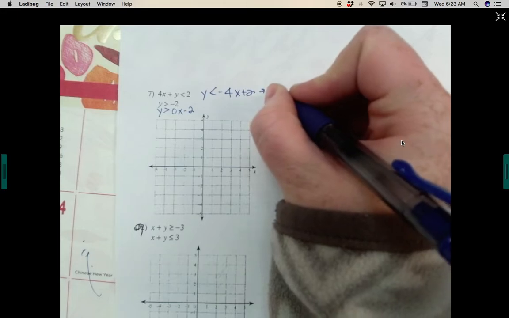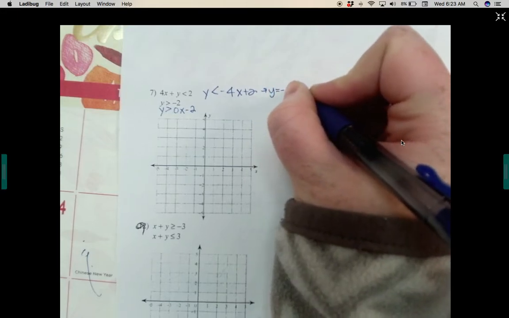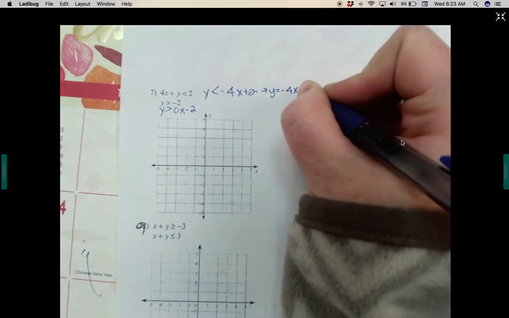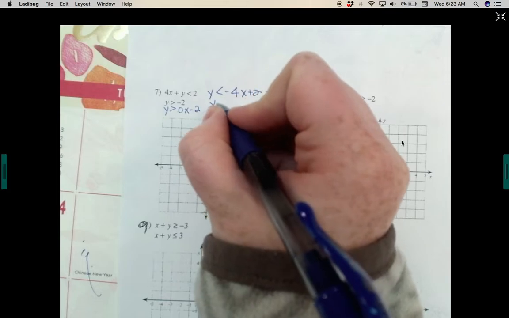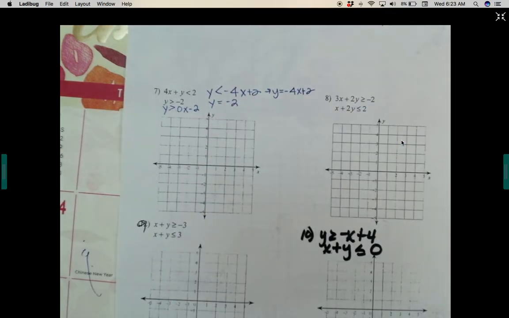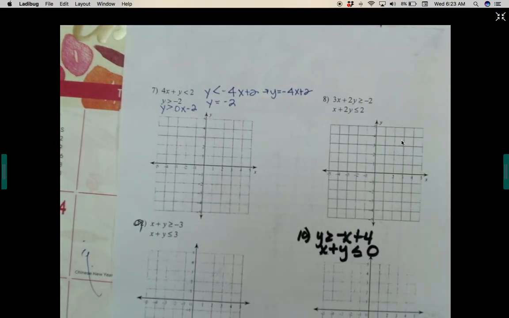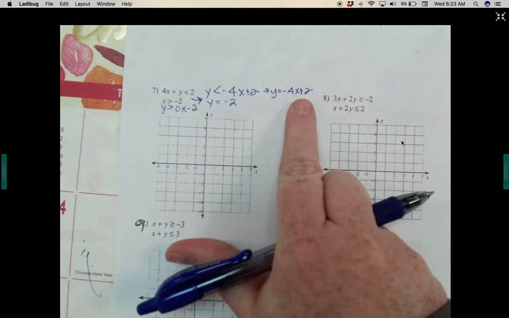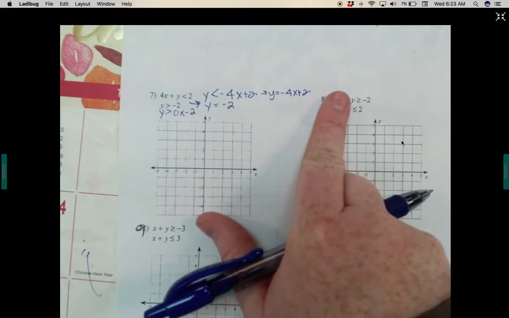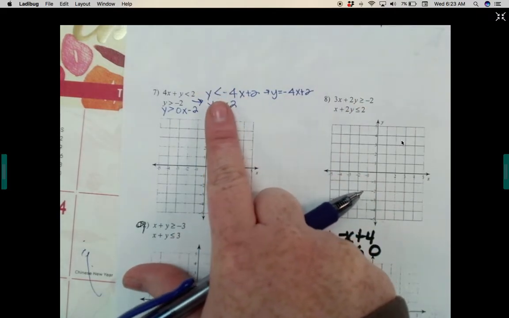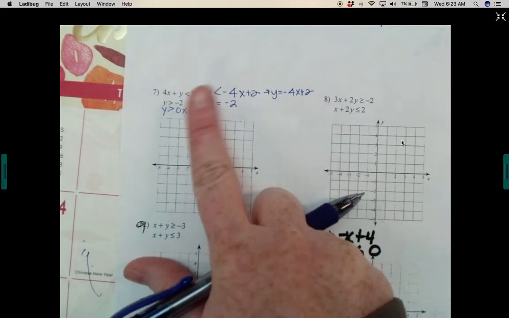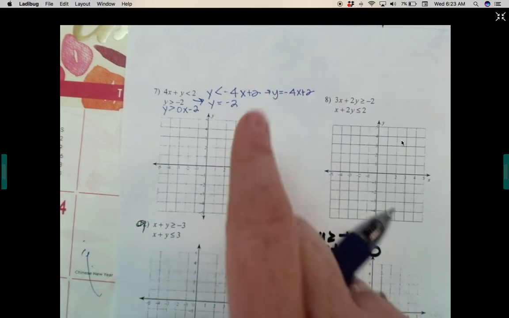Remember that this is the same thing as y equals negative 4x plus 2 when we're graphing it, not when we're shading it, because an equation does not have shading. And this is the same thing as y equals negative 2 only when we're graphing. So I'm going to graph the first one, and before I even graph, because I don't want to accidentally do a solid line when I'm not supposed to, I'm going to check that this is less than, so it's not or equal to, so that means it's not a solid line,